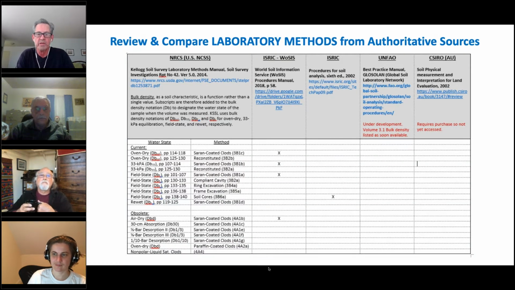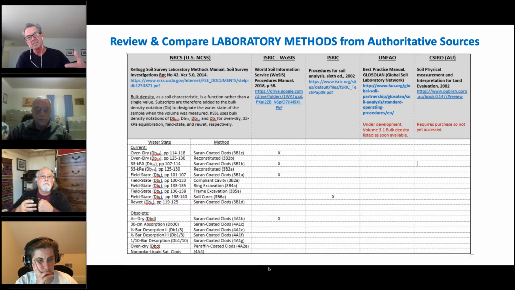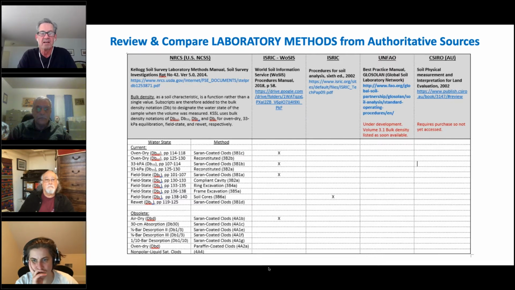So, and this one is again hard to read, and this is one of the things that's up on the Google Drive, and I'm not done here, but I started to try to array things in a matrix looking at laboratory methods. And I started with the Kellogg Soil Survey Methods Manual. And, you know, again, the soil scientists will be familiar that there's a number of different water states in which we measure bulk density, and there's a number of different methods: compliant cavities, saran, core, dipping them in saran, clods, etc. And so when we go to a database, we have to distinguish what kind of